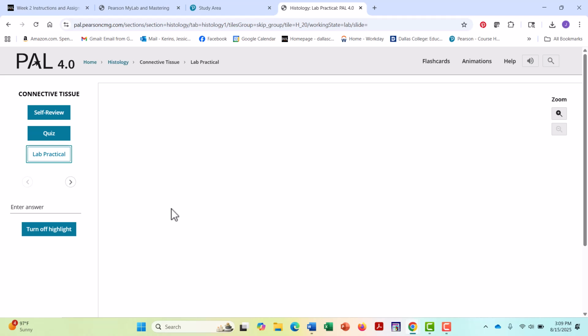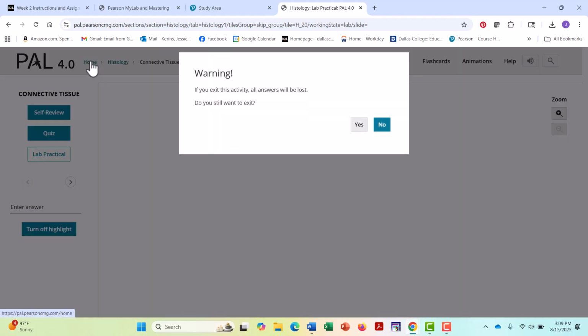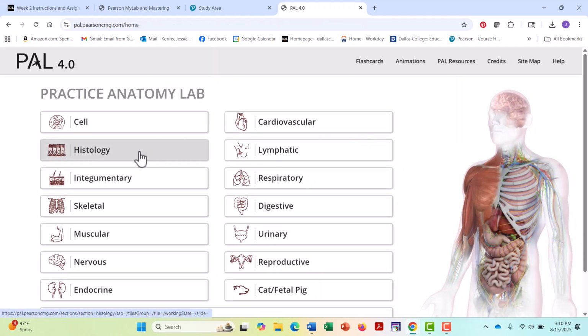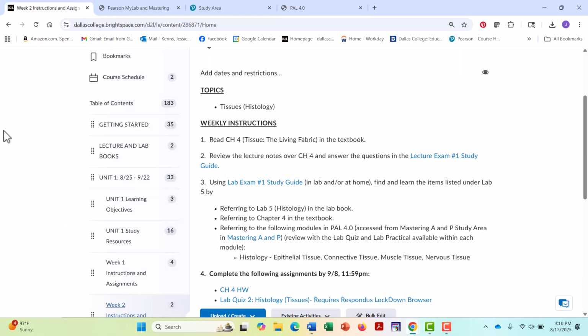A lot of the images that you're going to see on your lab quizzes and lab exams are from Practice Anatomy Lab. So this is the best tool for you to use to study. I'm going to exit this and I want to open up the other module that was part of Unit 1. So I'm going back to